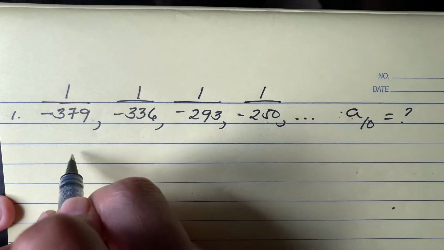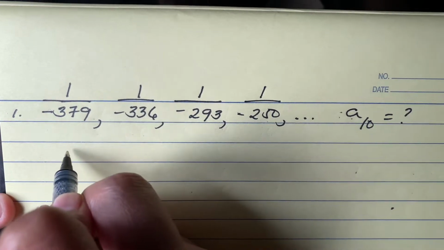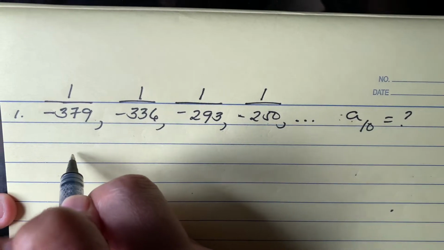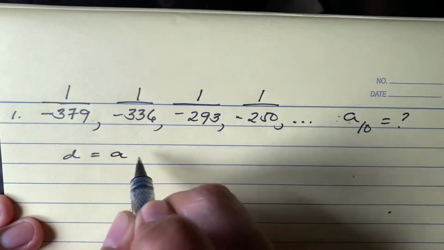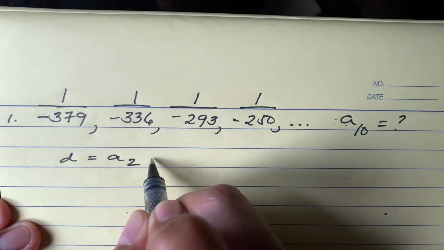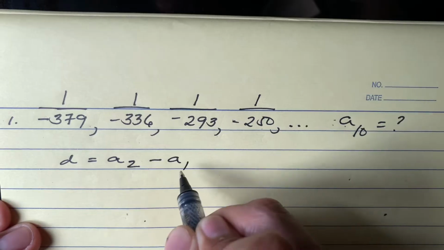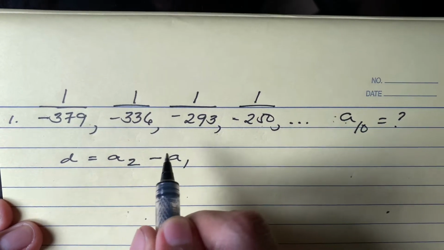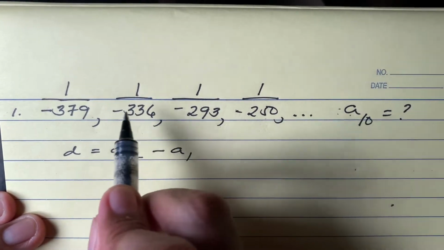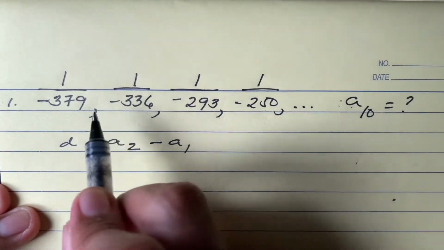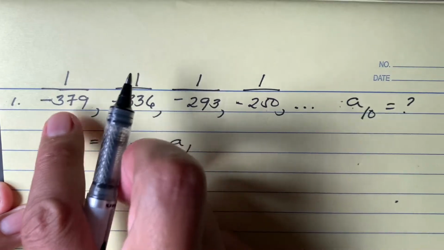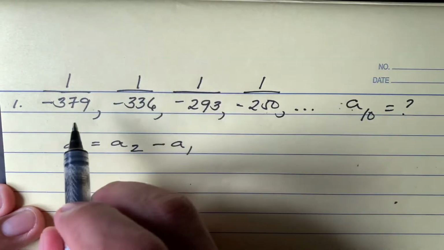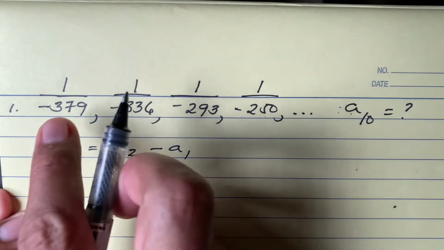So before getting our a sub 10, let us try to find out our common difference. So d is equal to the difference between the second term and our first term. You have to note that we are not going to take the fraction itself as a whole,